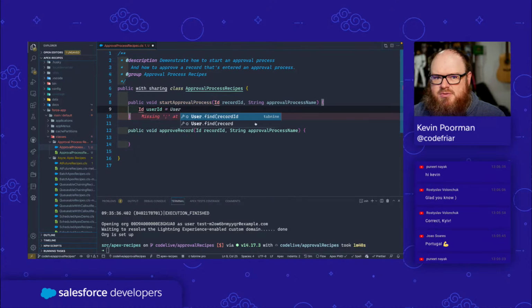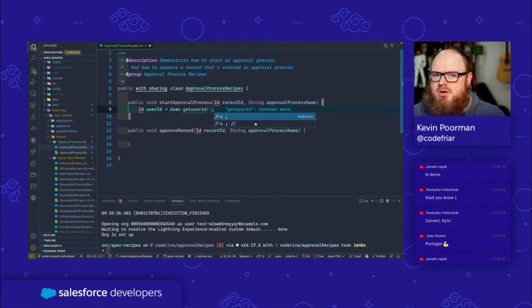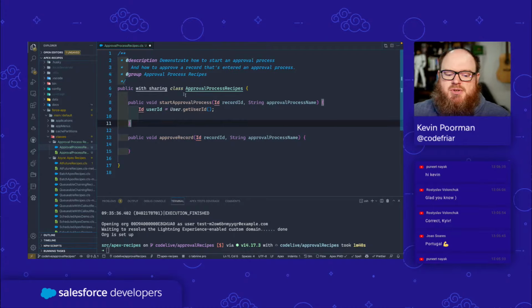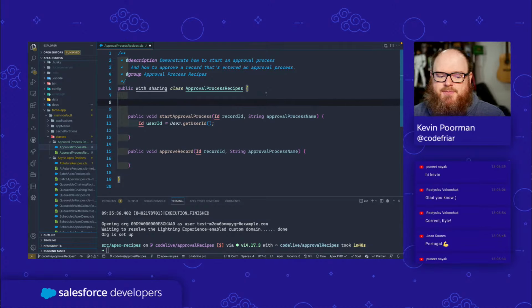Is it user dot get user ID, I think that's it. I'm going to make this camel case because code should be pretty. So we're going to grab our user ID, and what we've said here is, regardless of how this code is executing, the user that is executing the code is going to be the one who's submitting this for approval, which could be problematic. So what I'm going to do here is create an override, public void start